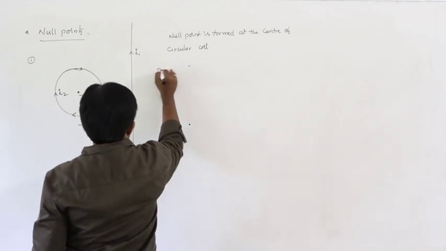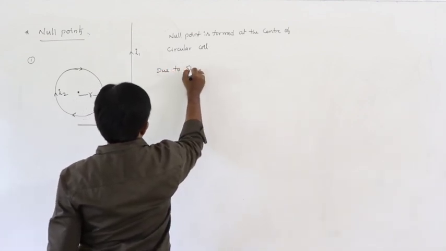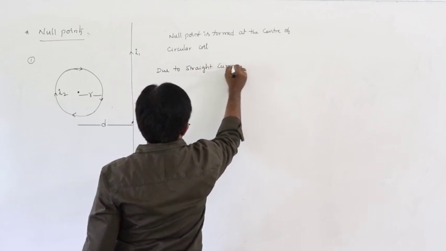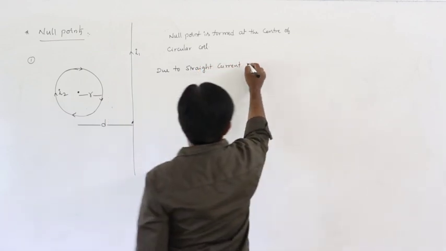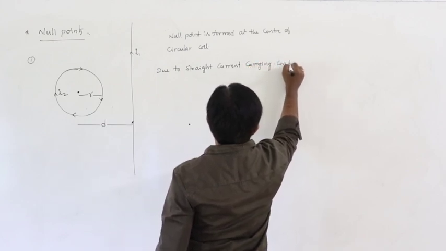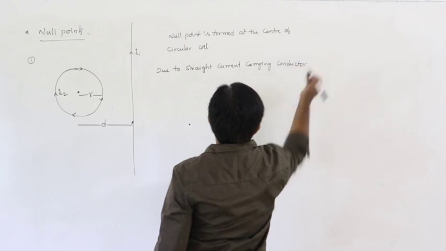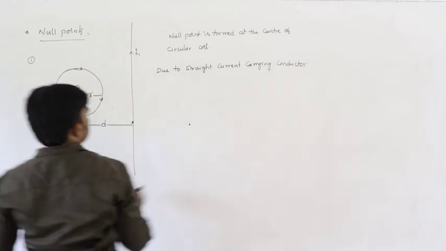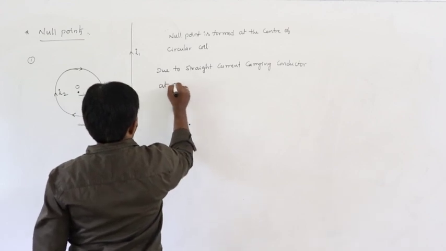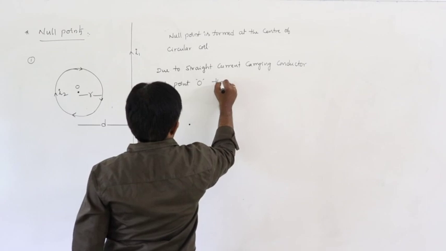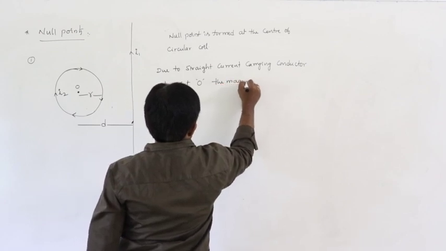So here, due to the straight current carrying conductor, let us say point O, at point O the magnetic field developed is,